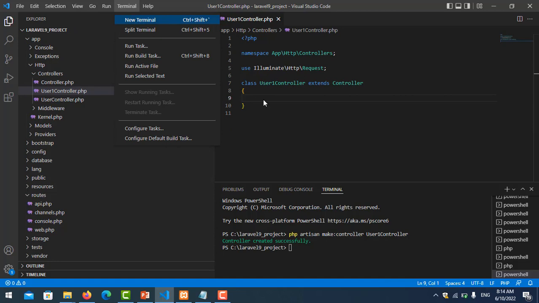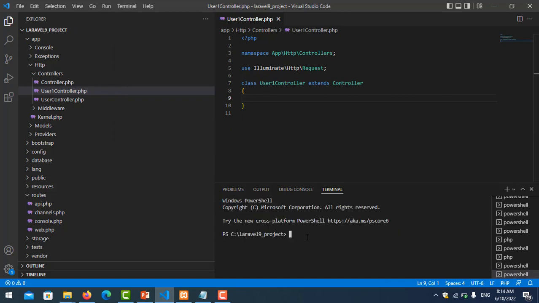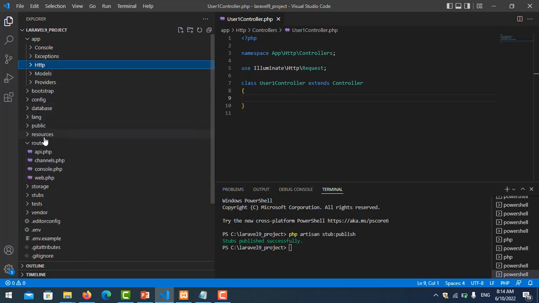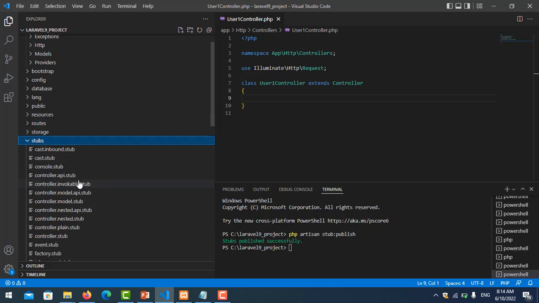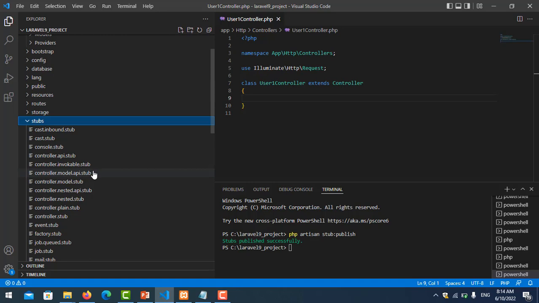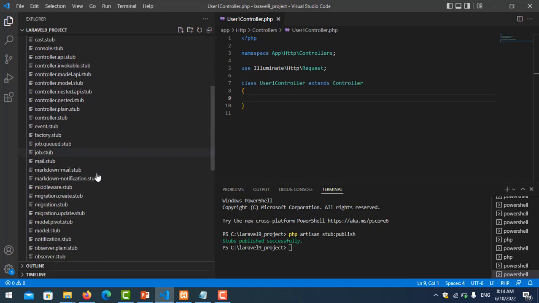Now let's run the stub command. I go to the terminal and run the stub command, php artisan stub:publish. That's fine. Now we look for the stubs folder in our project. Here are the stubs, and there are many files for you to customize. For example, I want to customize